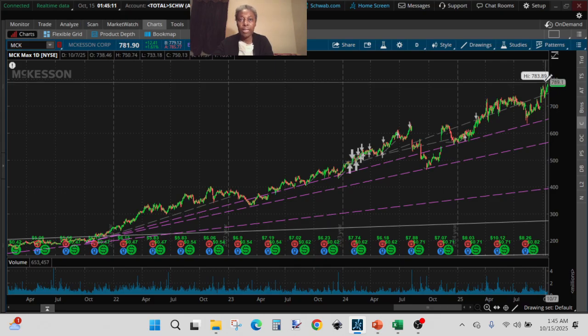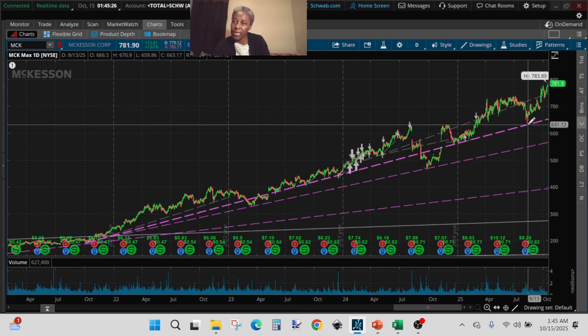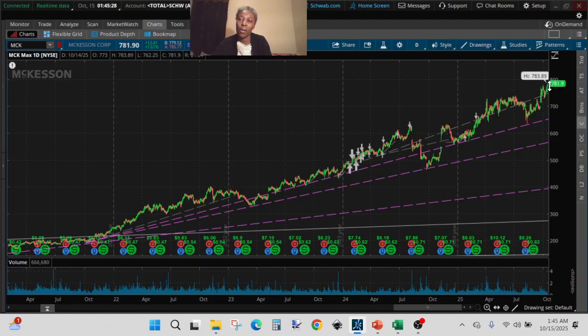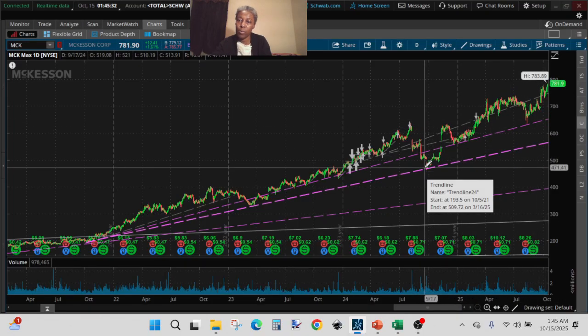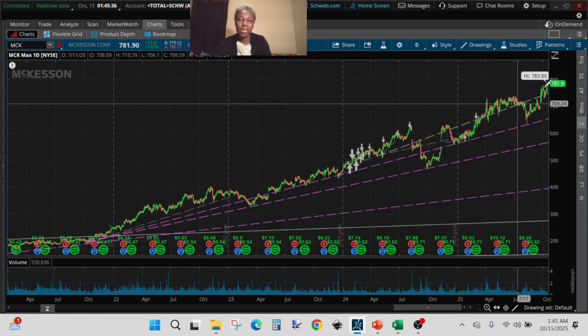The evening price was higher than the morning price, so the bar is green and the price is highlighted in green, and it reached a new high as well, an all-time high yesterday. So it's still going up. It touched base with this line again and then went up. So after touching base with this a year ago, it's still